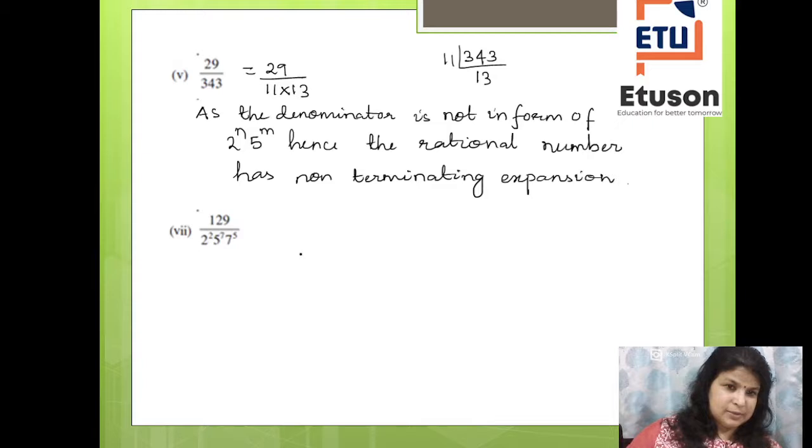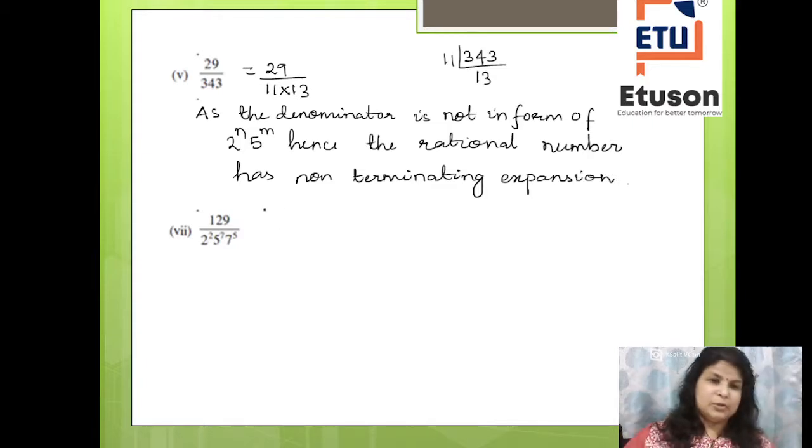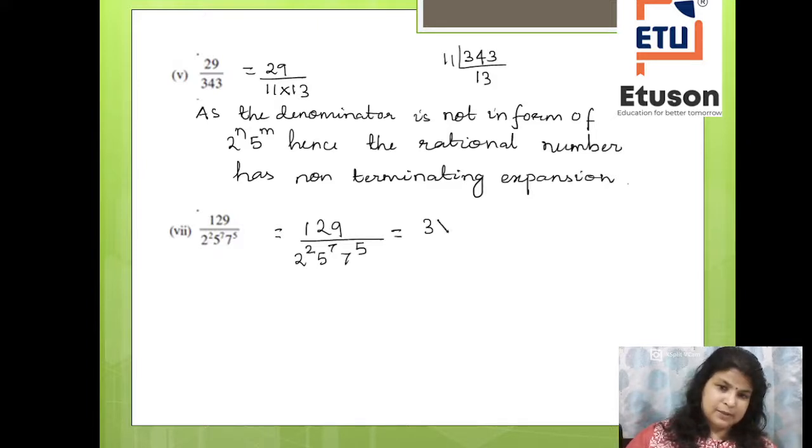So now let us go to the next problem, that is 129 divided by, so it's very clear here already the factorization has been done for you. If you want to check, because there is a 7, is there any chance that this 7 will be discarded, so I will just write down the factors of 129 also, to check if 7 is getting cancelled.